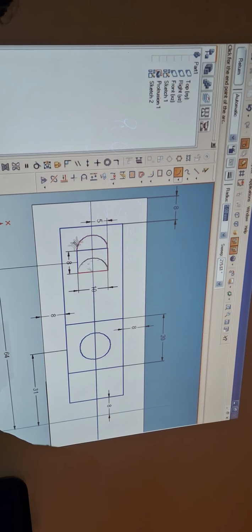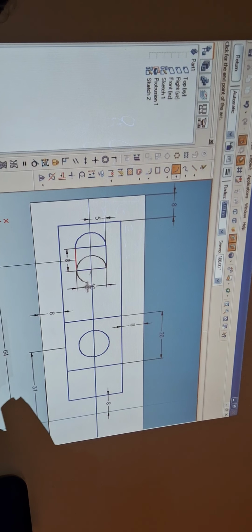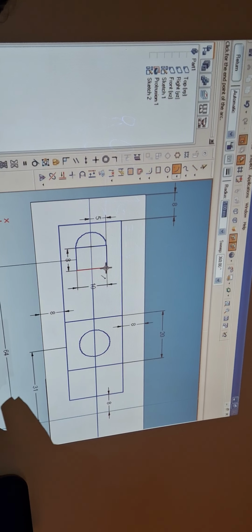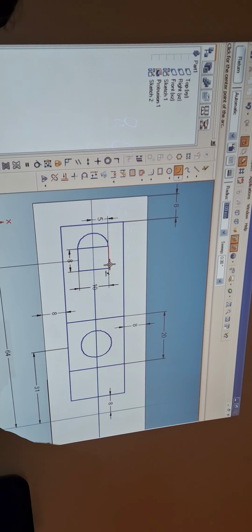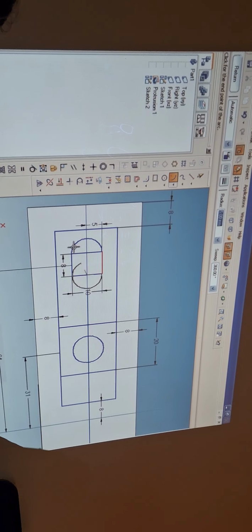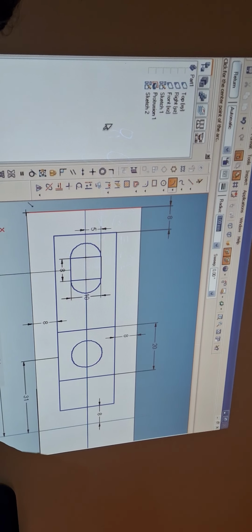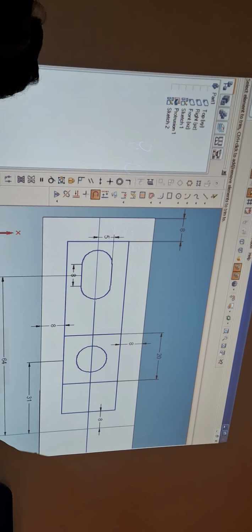Sometimes it is confusing about clockwise and anti-clockwise direction. Don't worry about these things. Okay? Once again you select the midpoint at the end of this. Okay? Now go for trim option. Trim these two lines, not required now.